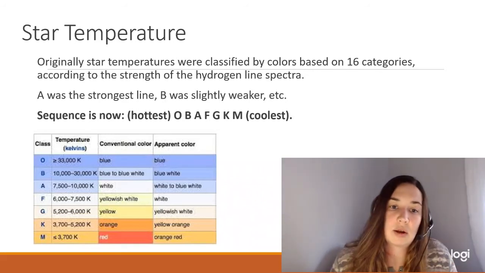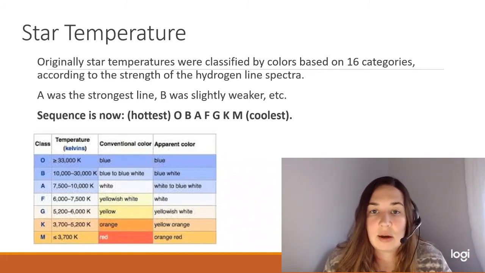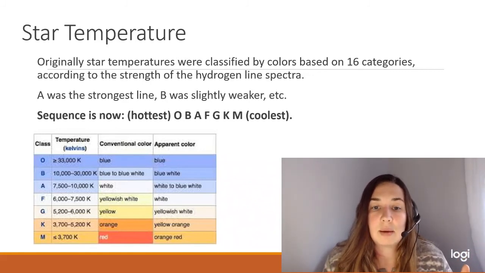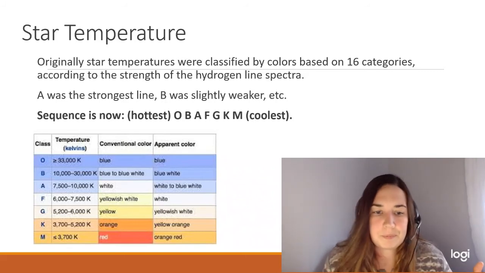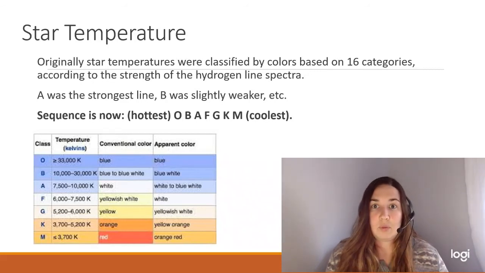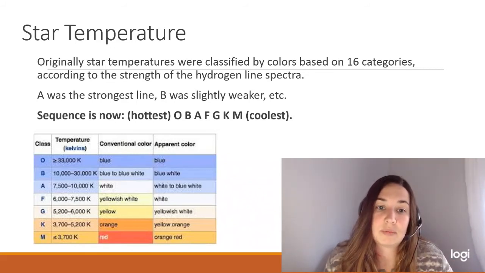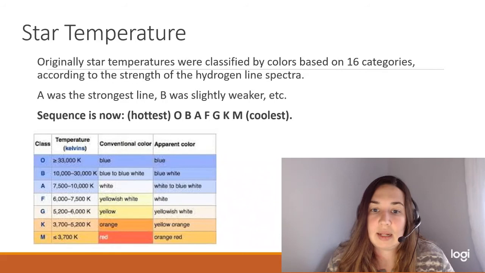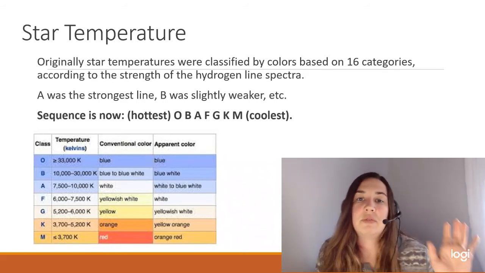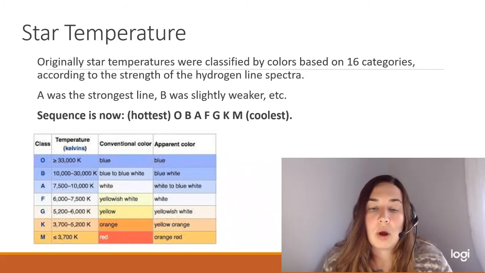This started at the letter A and went 16 letters down the alphabet. A was the strongest in line when it came to looking at the heat and the color, and B was slightly weaker, and then C was even weaker than B, and D was even weaker than that. But now we're using a